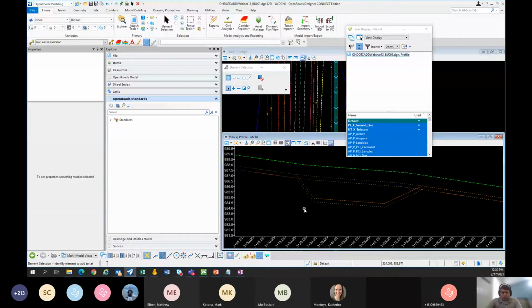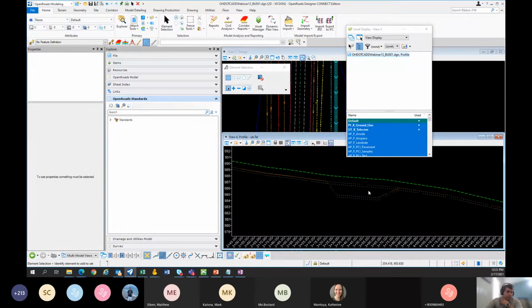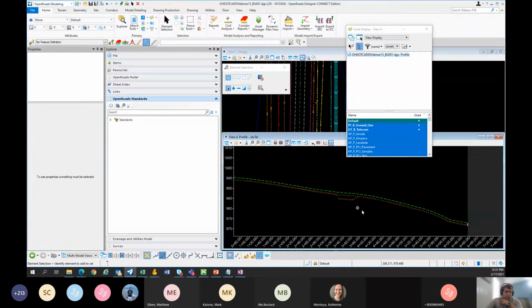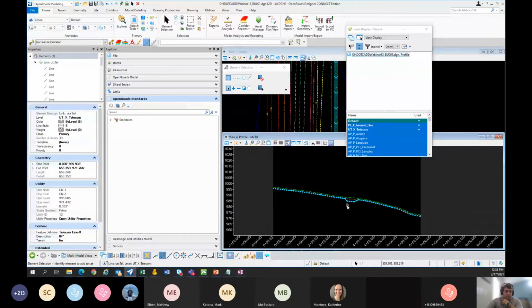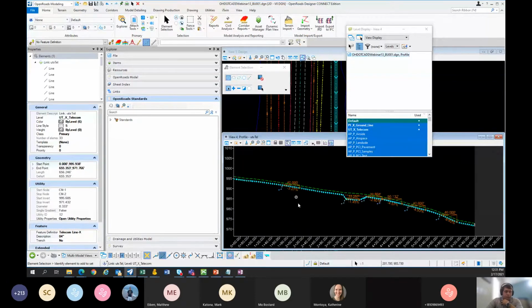And that question earlier about, is it taking the crown invert? You notice that when I made that best fit profile, it followed the top. That's because that feature definition has it set to use the top. So that goes in line with that question. All right, so that's how you can edit your profiles if you need to do something like that. It's really graphical based, and come here and draw what you want. Hopefully that's helpful